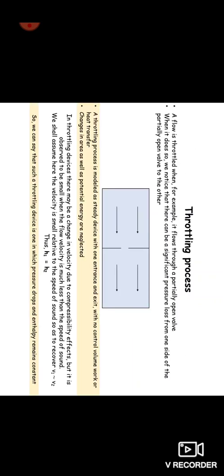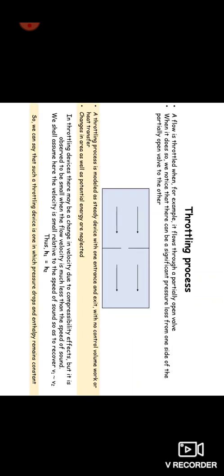This is an example. A blower handles 1 kg per second of air at 20 degrees centigrade. Find the exit air temperature assuming adiabatic condition. Take Cp for air as 1.005 kilojoule per kg Kelvin. So putting that equation for adiabatic condition for the blower, with z1 cancelling on both sides, we have v1 square by 2 plus h1 is equal to v2 square by 2 plus h2 minus w. Putting all the values in our equation, we can find the final answer.